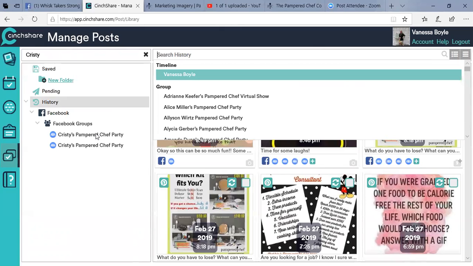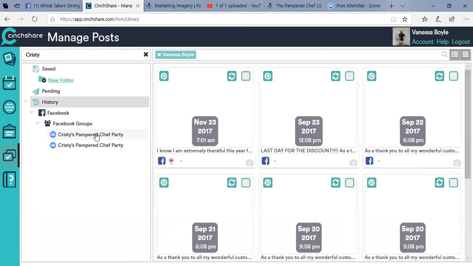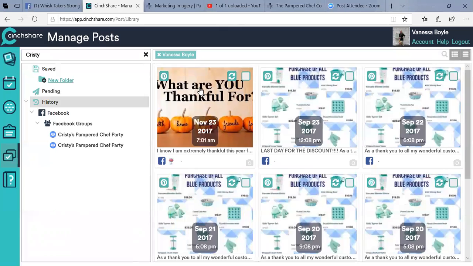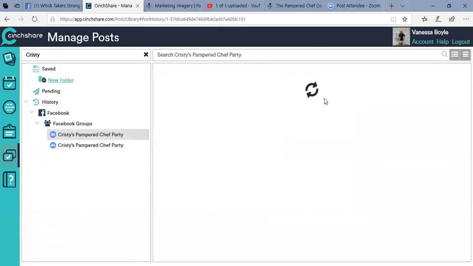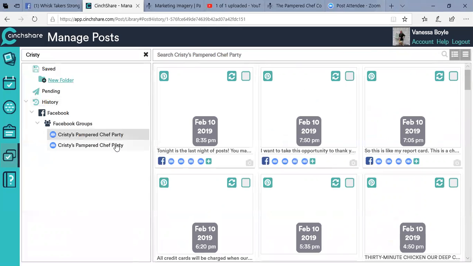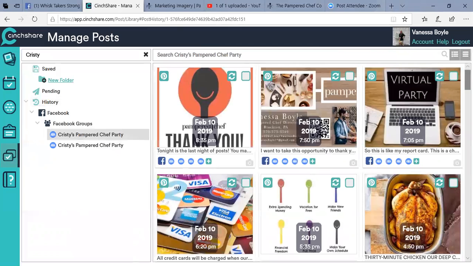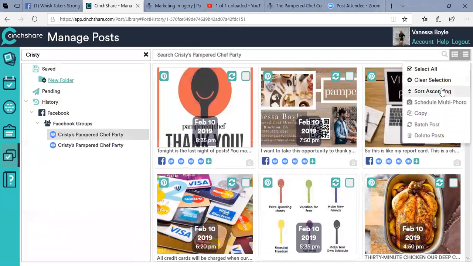See, Christy's party's over. So Christy is in the whole outline from her whole party. Here's Christy's entire outline that I used for her party. Every picture, every post. Now this is backwards. When you want to see it from the forwards, you just click the three little tab, sort ascending, and go,